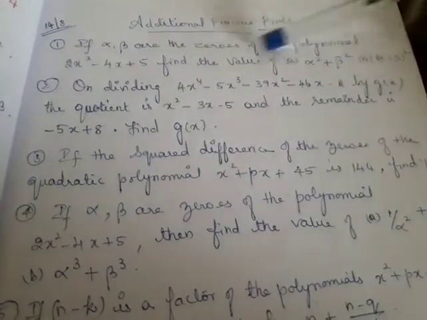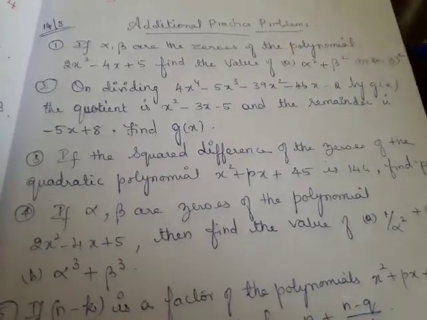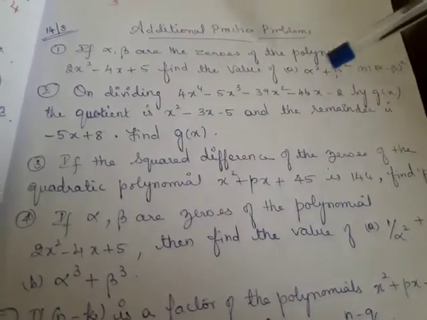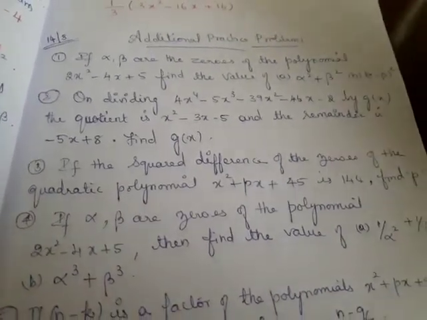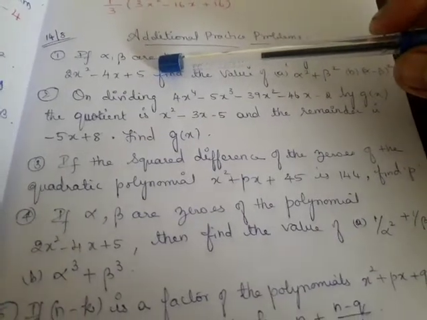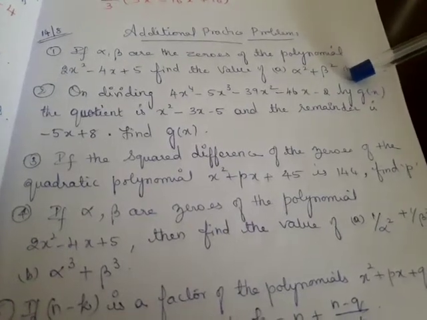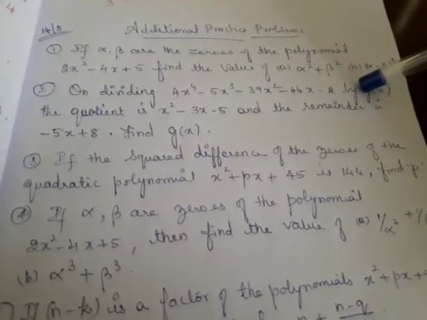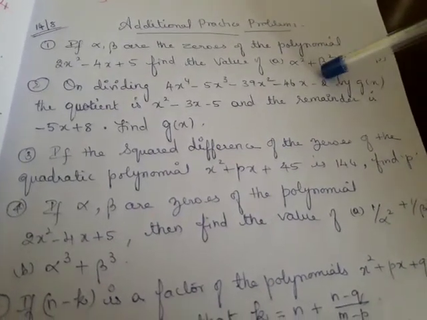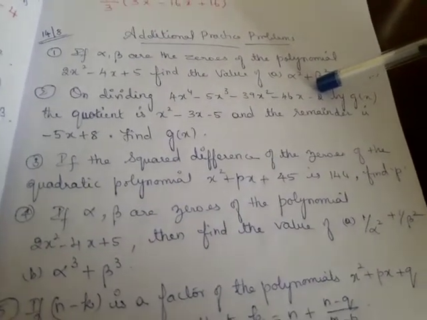So first question, if alpha and beta are the zeros of the polynomial, find the value of alpha square plus beta square and alpha minus beta the whole square. These kinds of problems you should be familiar with. Alpha square plus beta square, even we have done problems of this kind. So the procedure is find first alpha beta for the given polynomial and try to substitute the values in this, and read the question properly, whether they asked you to find the value of this or whether they asked you to use this as roots and frame a new polynomial. Read the question properly and then give your answer.